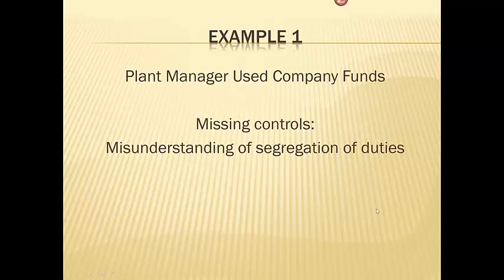So, for example, this plant would send all of their invoices to a group of accountants, which I belong to, and we would look at all of their accounts payable before they got paid and check to make sure that all the supporting documentation was there, that it had a purchase order, a receiving report, the invoice, and all the signatures. However, one day we started to notice that some common bills were coming through. And that is to be expected. You buy raw materials all the time, so you should see those on a frequent basis.